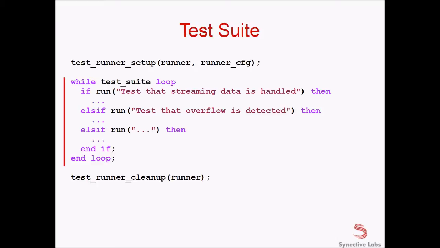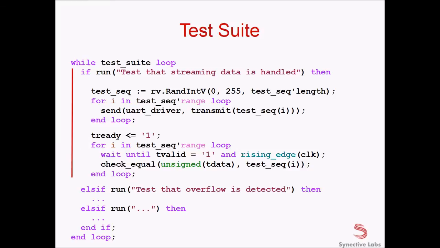If we zoom into one of those branches, we will see a typical test case. So here I'm creating a test sequence vector. It consists of a number of random integer values. I've created those using the OSVVM library. I loop over that test sequence vector, and for each random value, I send to the UART driver a transmit command with that value. That will result in a number of messages in the UART driver, which will be executed